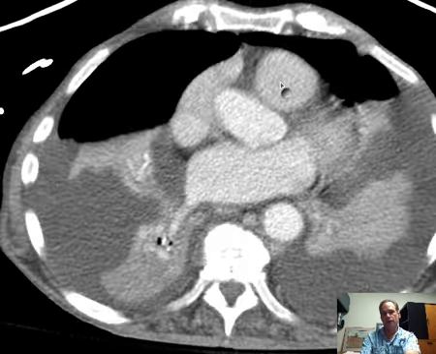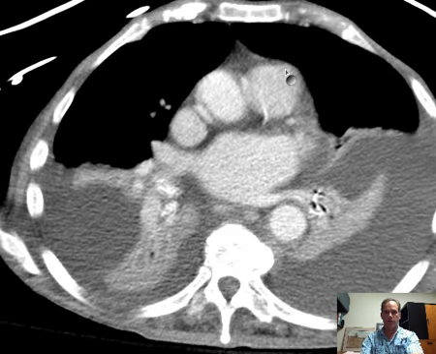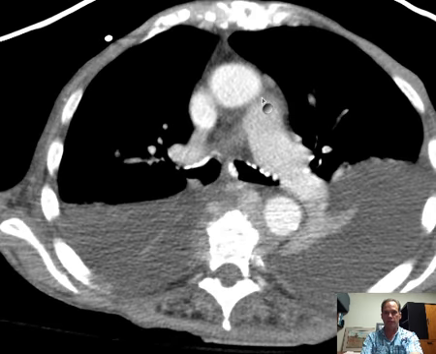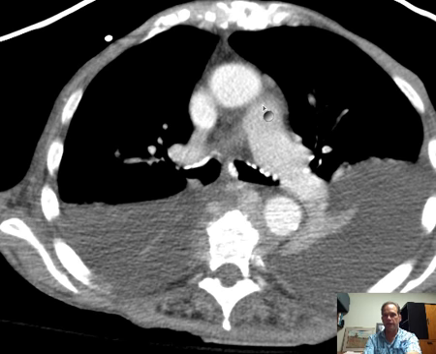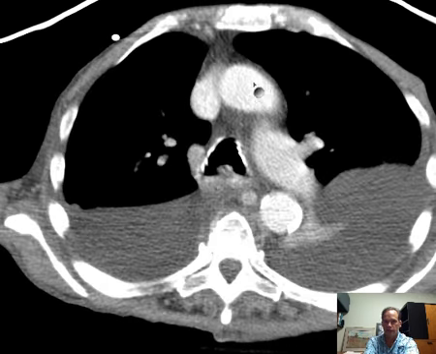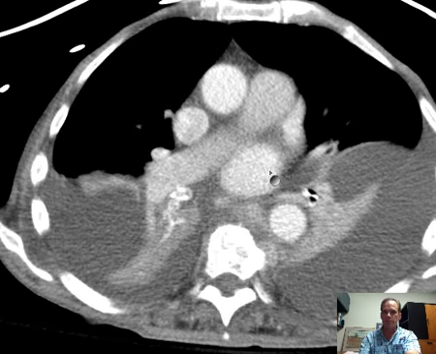Now let's go back down, and I want you to see that relative to the aorta, the pulmonary artery is kind of at 2 o'clock here. Then it's at about 3 o'clock here. Now it's about 4 o'clock. Now it's almost right behind at about 5 o'clock. And that's a very interesting process. And here, that's not even the main pulmonary artery there behind it, but it's an interesting process because